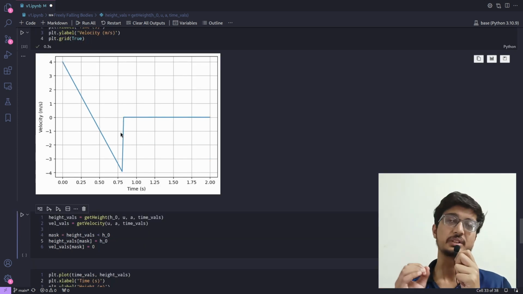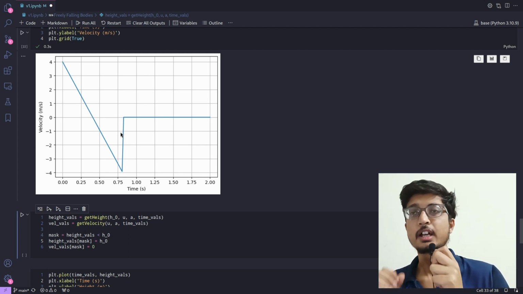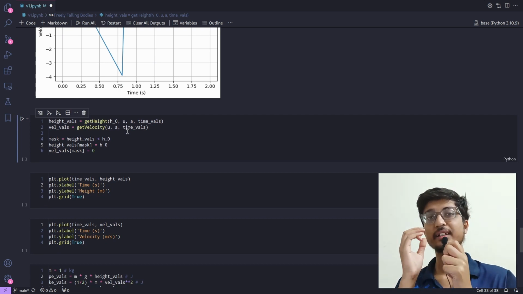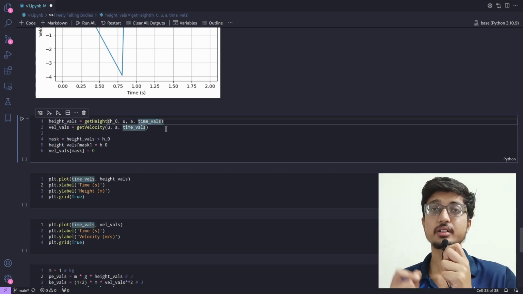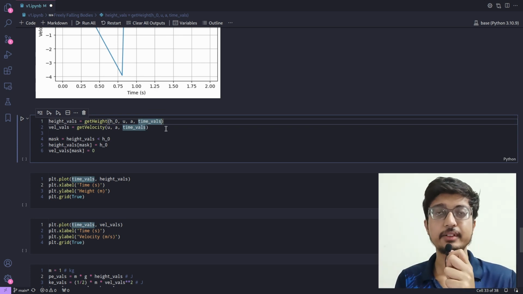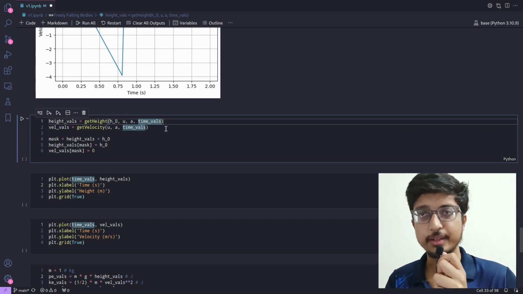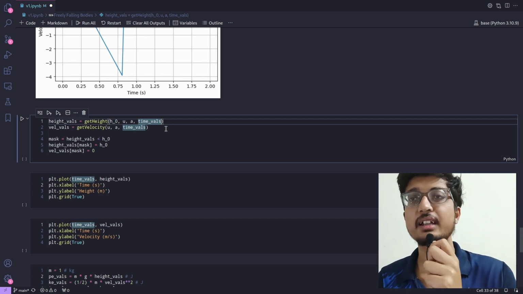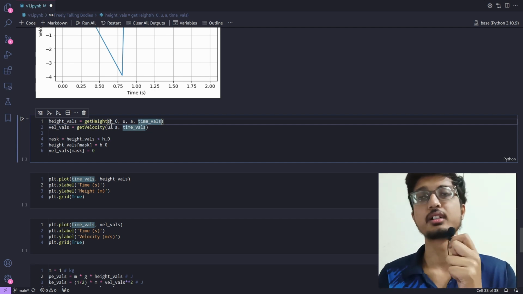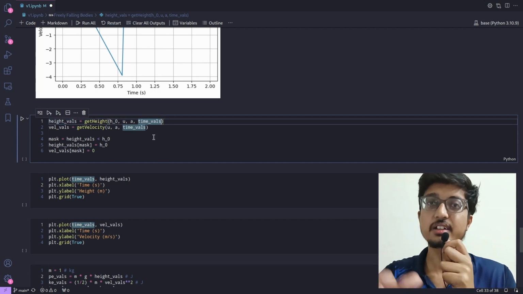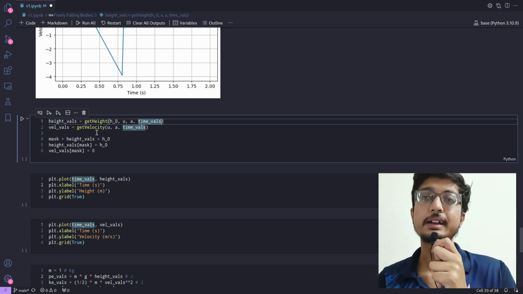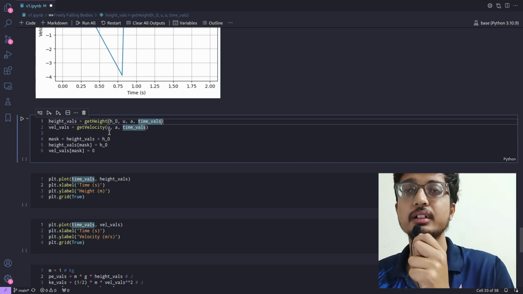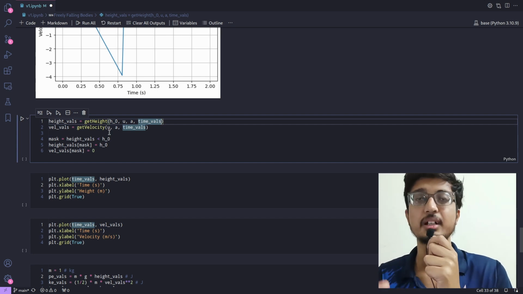Now I have been using for loops for these calculations, but I don't really need to. I can just use NumPy's functionality to make the code shorter. Note that when I defined the time values array, I used NumPy's linspace function, which makes the time values a NumPy array. So here, instead of going through the time values repeatedly, I can just pass the entire array to the function. The function would do the calculations for each and every single time value in the array and then pass back an array instead of just a single value. So that's how I have calculated the height values again, but instead of a for loop, just using NumPy's functionality,